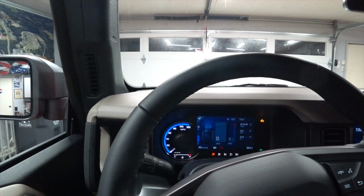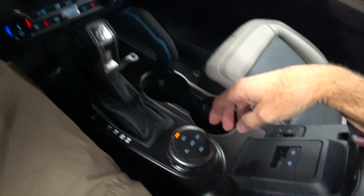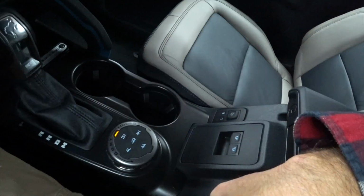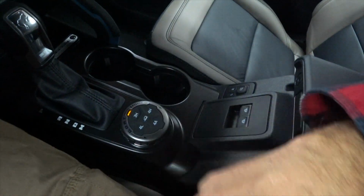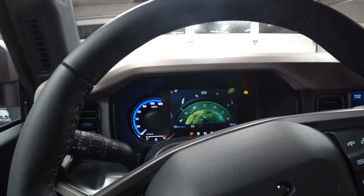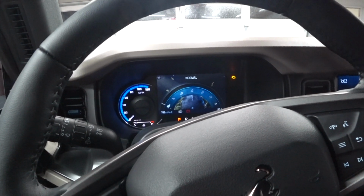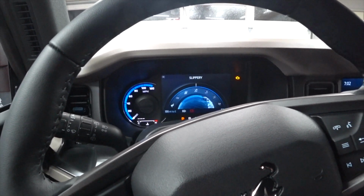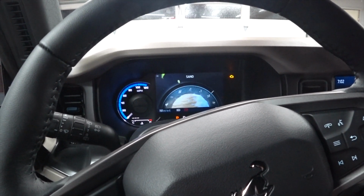I like the different modes, the different GOAT modes. They call it right here, GOAT modes, go over all terrain. So right now we're in 2 high, of course, and eco. I turned to eco, but there's normal, and we'll go back this way a little bit. Slippery, mud, ruts, sand,